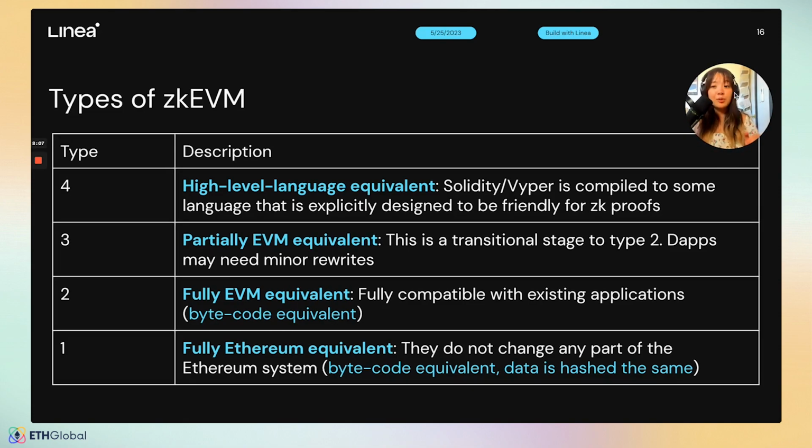So that's type 2. Type 3 you can think of as more of the transitionary period on the way to type 2. And then type 1 is going to be fully Ethereum equivalent. So that's any part of the Ethereum system is not changed. There are a few ways that type 2 and type 1 are a little bit different. I think the primary way that most people notice a difference is probably the way the data is hashed when put into Ethereum. It hasn't been the most materially problematic for most developers,